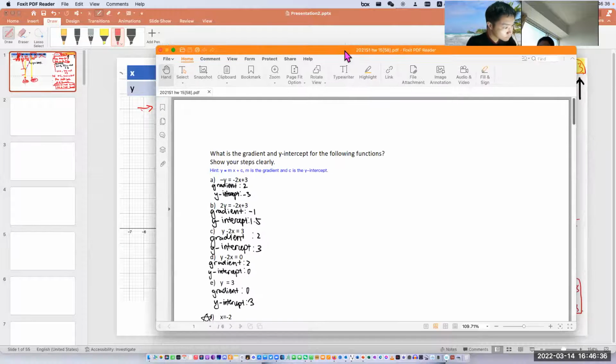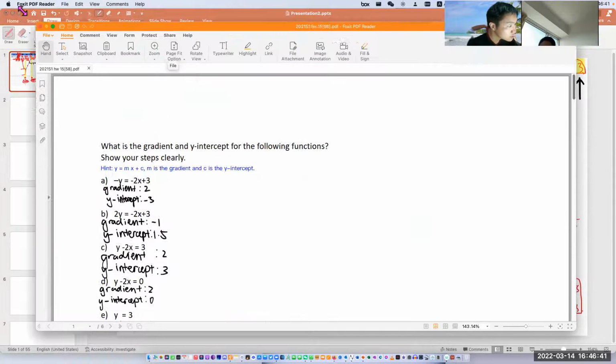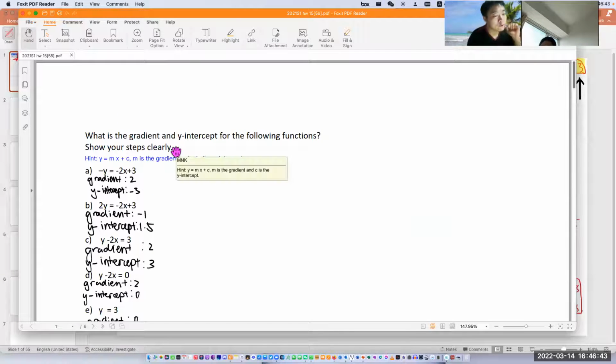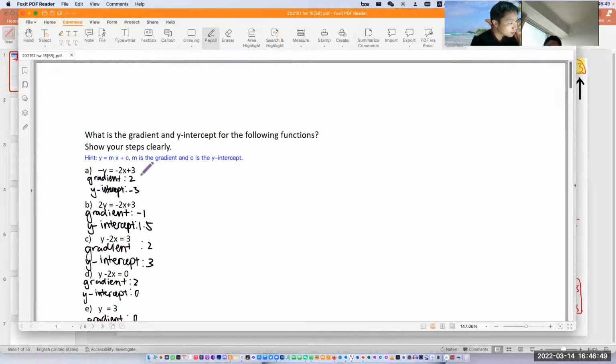All right. Okay, so the first few questions are basically pretty simple. I think you get most of them correct, but let's go through them together. It says: what's the gradient and y-intercept for the following functions? So these are called functions. Functions means just an equation